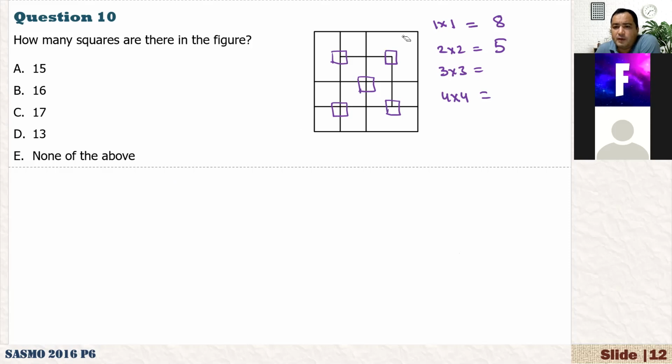Okay, so here, your internet connection is super. 1 by 1, 2 by 2, and 3 by 3. How about 3 by 3 squares here? Do we have any? This one, right? You see here, this one. Yeah, it is 1. And any other? No, I think we only have 1. Do we have any other 3 by 3? Can you see any other 3 by 3?